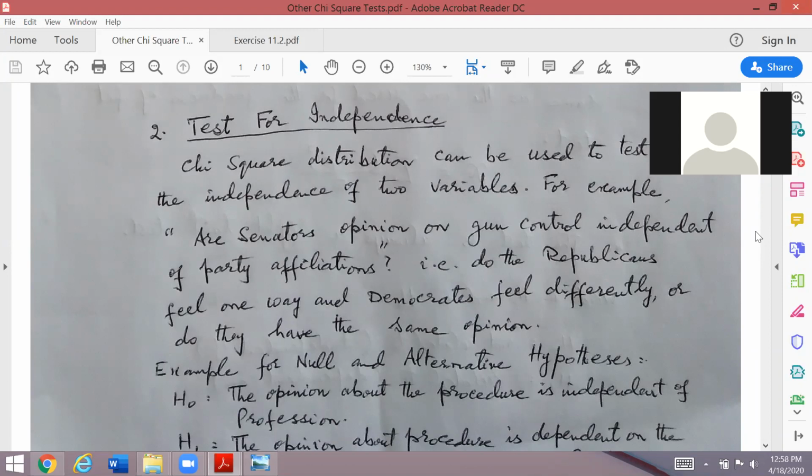I give you another example. For example, the husband and wife, spouse and husband, they are going to the park, and if the wife asks her husband to bring some snacks to eat, then he's going to the shop and purchasing something, and the question may arise whether the liking for the snacks will be dependent or independent. So this type of question will also be there in your exercise. To test these types of problems, we use this test of independence.